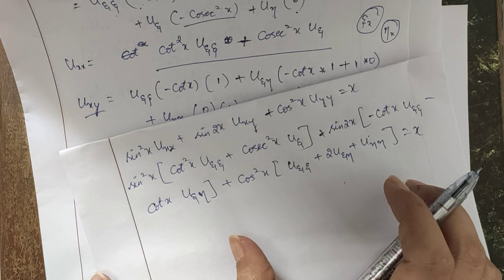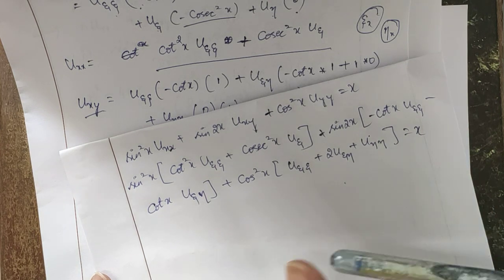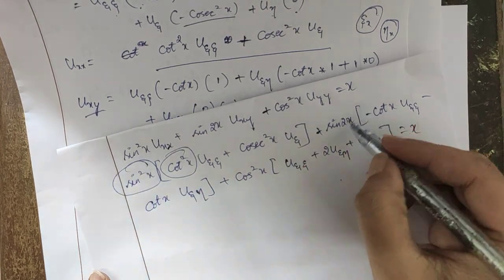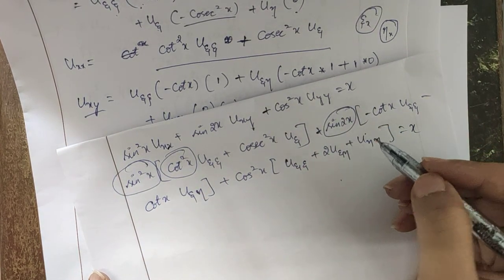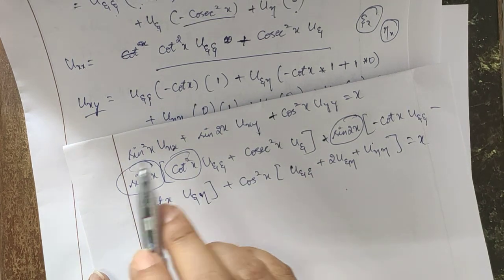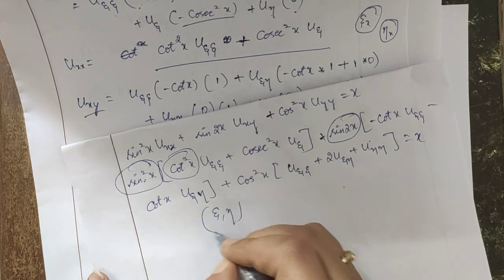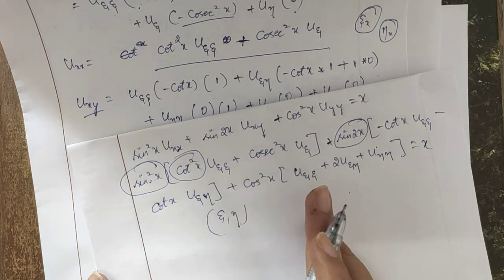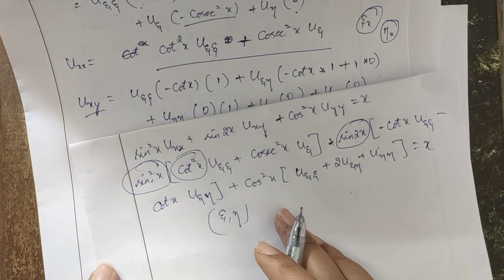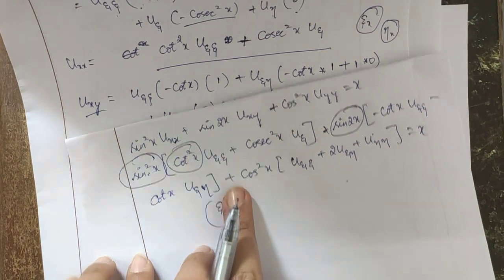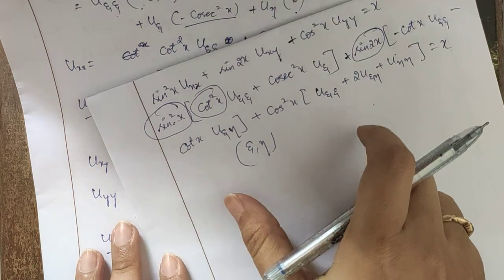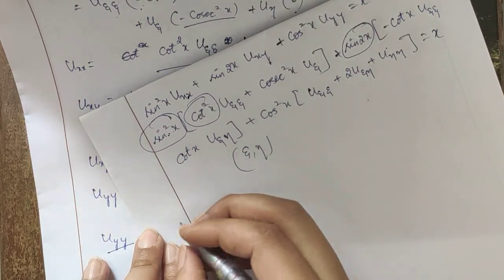So this is not the complete solution for the given partial differential equation, because here you can observe the coefficients are still the functions of x itself. I have to convert these functions to the xi eta plane, right? Then only the solution will become completely a canonical form, that is the transformed canonical form of the given PDE. So for that, what we can do further, by considering xi and eta plane. So before that, let's simplify this equation.